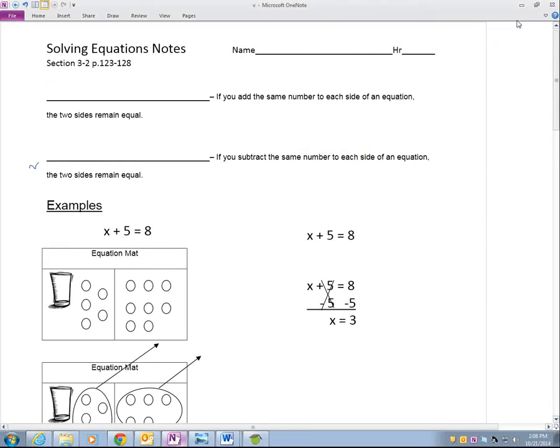So, solving equations. Some of the students today have been struggling with this. But as I just started to tell my class, I'll re-say it. The major concept of this is